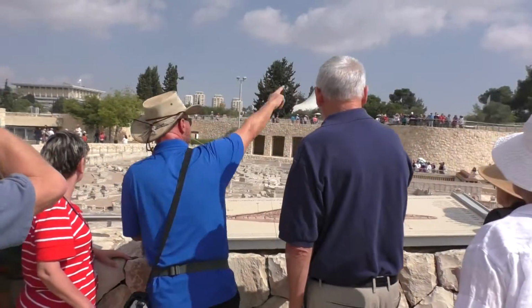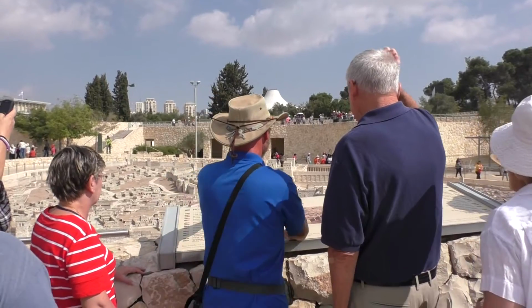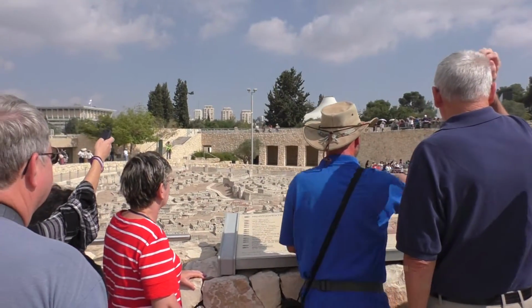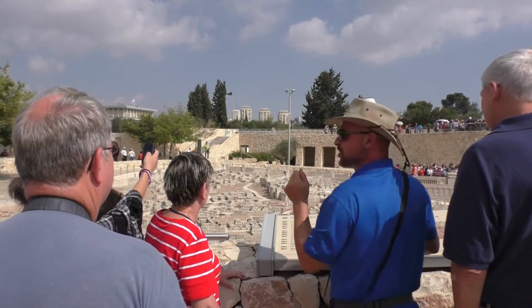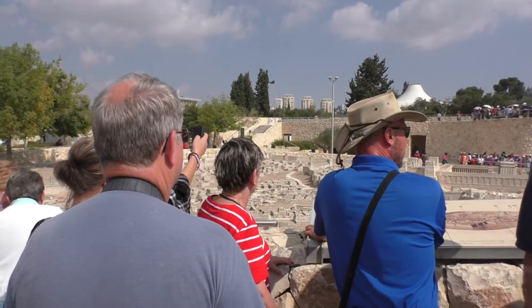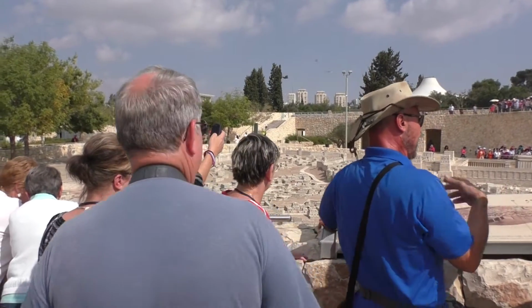One big wall encircles all the area of the present old city. Another wall in the middle goes to the Western Wall. That's the Western Wall, the Wailing Wall, and yet another goes kind of in circles. Okay, so Josephus says that in the period from Hasmonean rule, 2nd century BC until the 1st century AD, 3